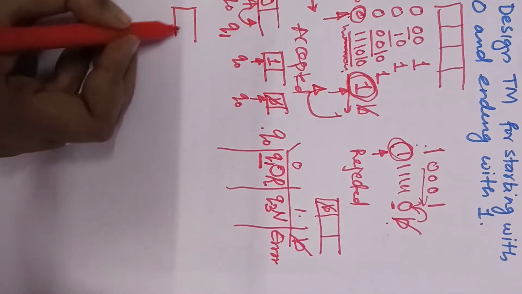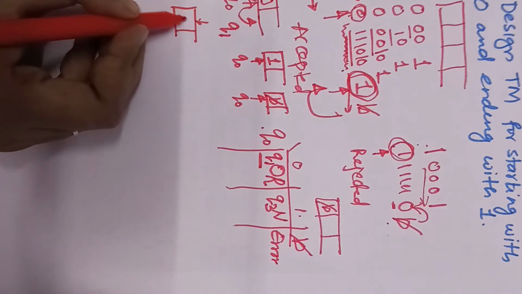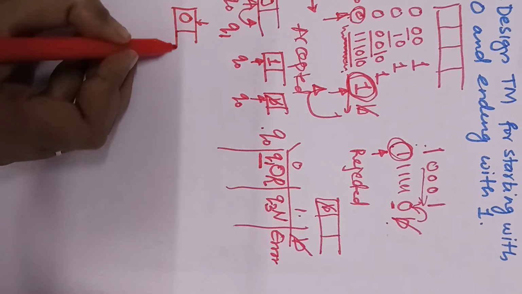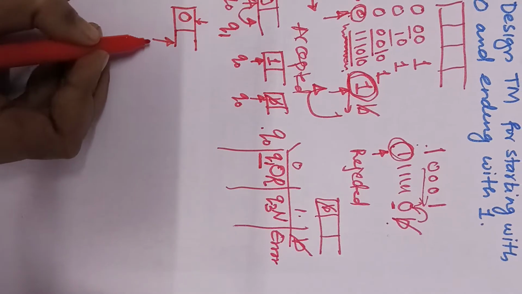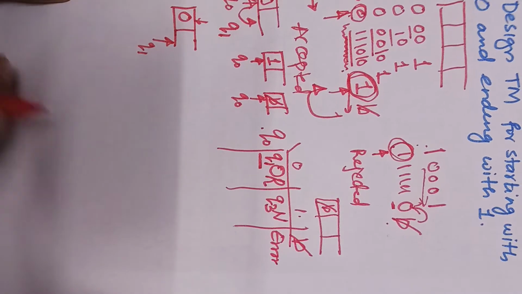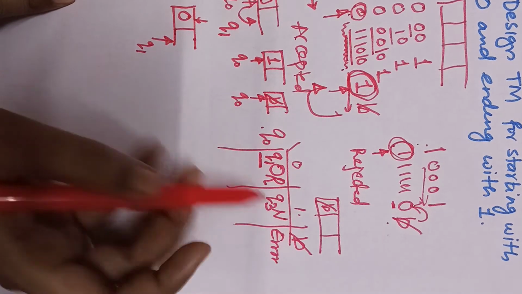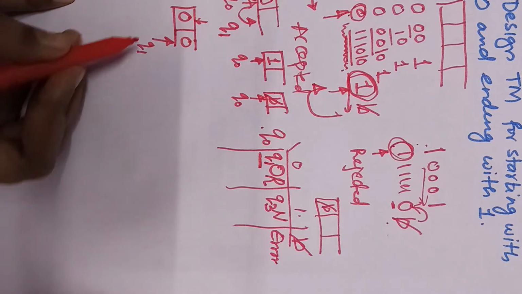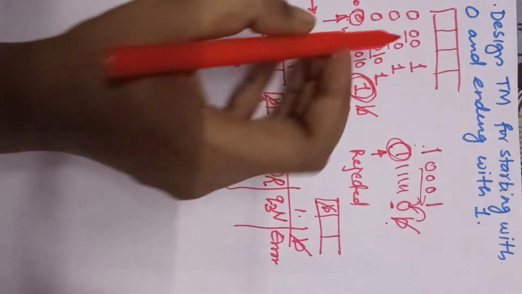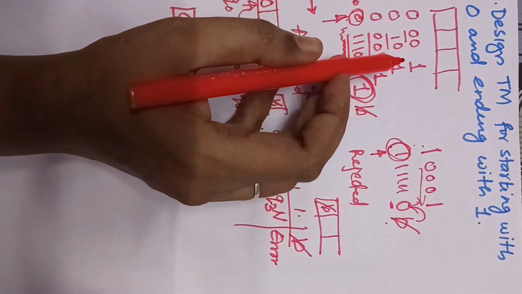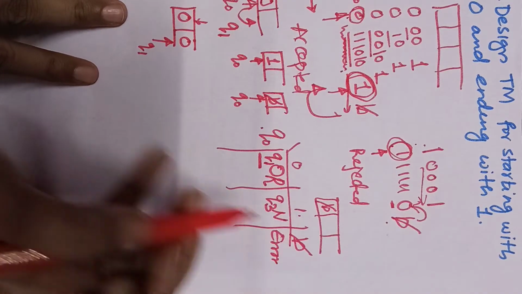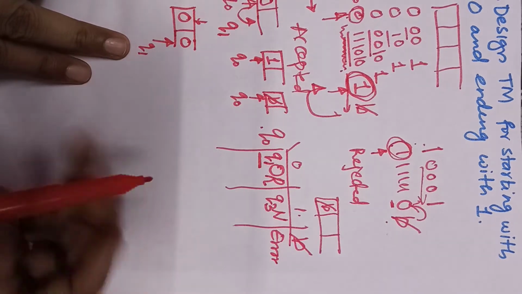The Q1 is what? At the beginning I only got 0, so this is Q1 and I have placed my pointer towards the right hand side. Okay, the next bit, again I have to consider 3 symbols. It can be 0. If it is 0, what is our algorithm? Ignore all the bits till we are getting blank. So ignorance means move towards the right hand side.